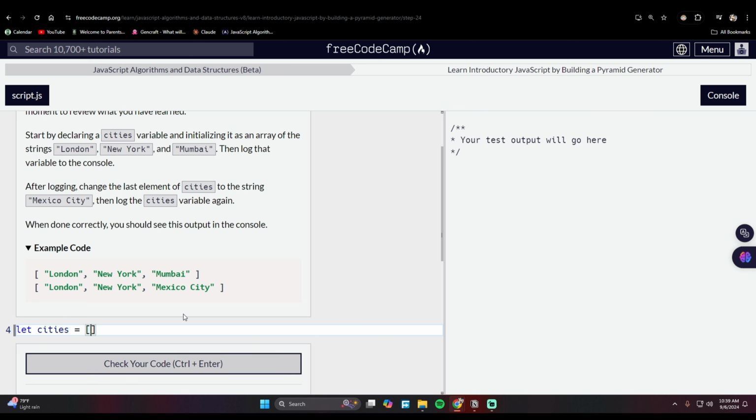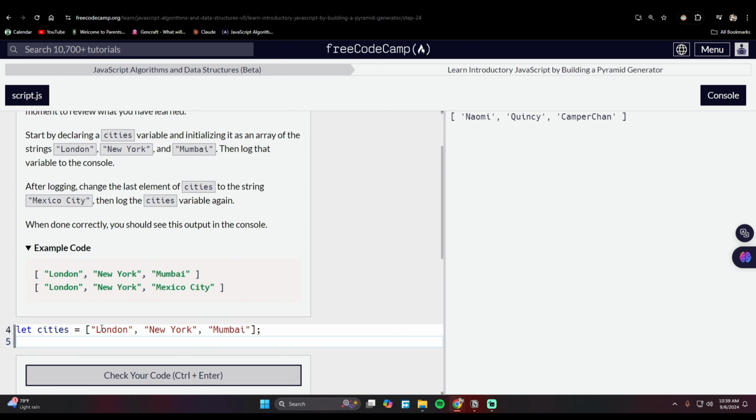Assign it to an empty array, but it would no longer be empty because we have to add these strings. First would be London, New York, and Mumbai. We are to console.log this array,